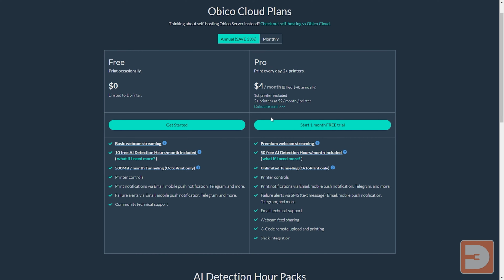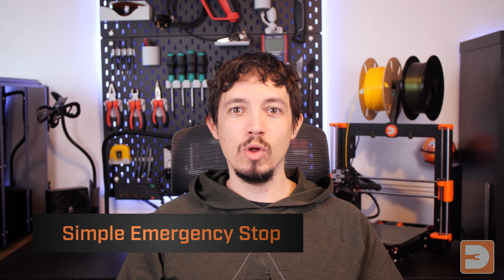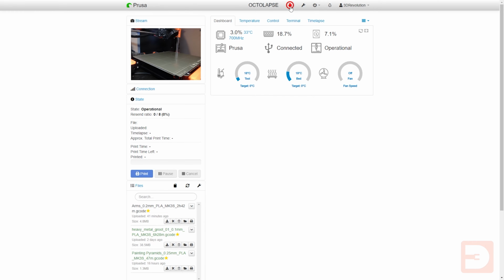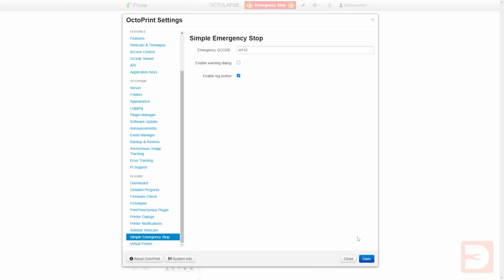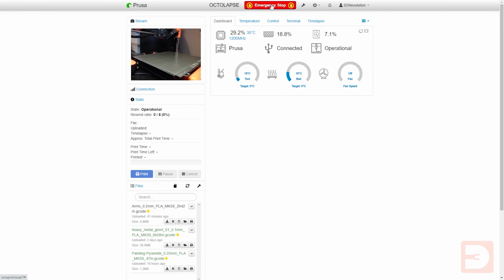Sometimes you just need to stop your printer as soon as possible, and the Simple Emergency Stop plugin for Octoprint is the perfect way to do that. It quite simply adds a little button into the nav bar at the top of Octoprint, and if you hit that, it stops your printer dead. It will stop the motors and it will stop the hot end, and it will save the day. It even gives you a couple of size options for the button.